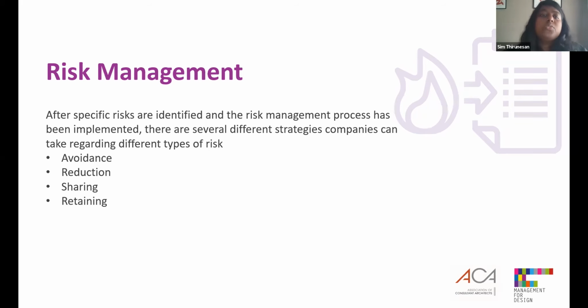This is achieved by adjusting certain aspects of an overall project plan or a company process, or by reducing the scope. You can also do something called risk sharing. This is when the consequence of a risk can be shared or distributed among several of the project participants or business departments. The risk can also be shared with third parties such as suppliers or other business partners. Finally, there is risk retaining. Sometimes companies decide a risk is worth it and decide to keep a risk and deal with any potential fallout. Companies will often retain a risk level if a project's anticipated profit is greater than the cost of the potential risk.